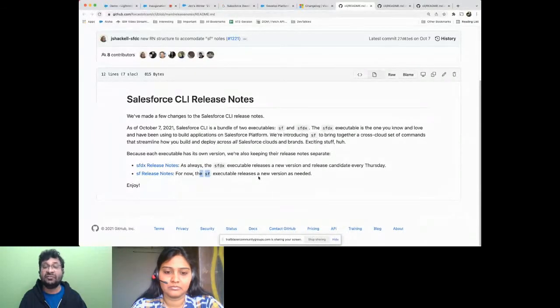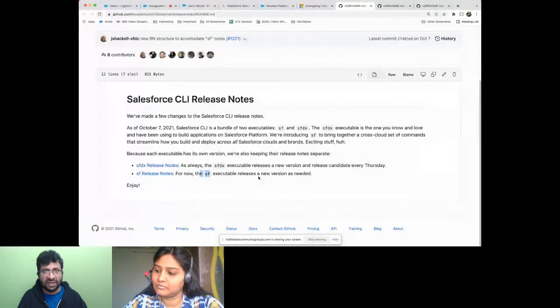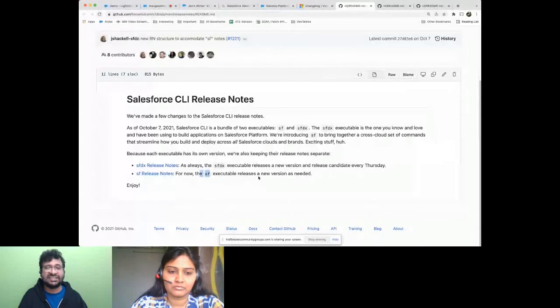Normally, we need to have a Salesforce Functions license, but without a license, if you want to try, you can do it now. You have something called Salesforce local development. We have a very nice blog written by Julian on the developer.salesforce.com website, which is like a tutorial for you to get started using Salesforce Functions. Again, for writing Salesforce Functions, you will be using the unified CLI, SF. You can find the release notes for SF here.